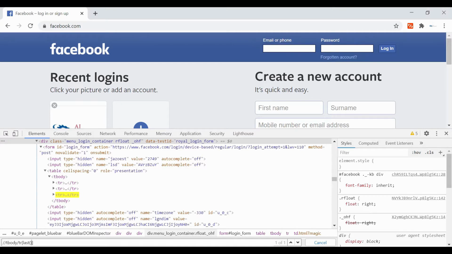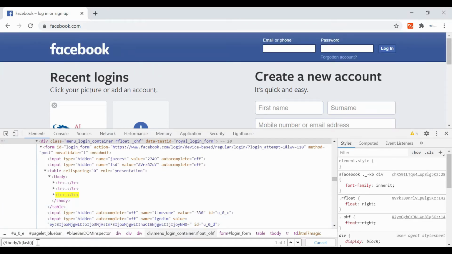As you can see, it is highlighting the last row. Whatever the last row present in the table, you can use this last function, and it is very useful when the table rows are dynamically changing at runtime. Sometimes rows get generated and added to the table at runtime, and at that time you don't know what the last index will be. So you can use this last function, and it will highlight the last row.